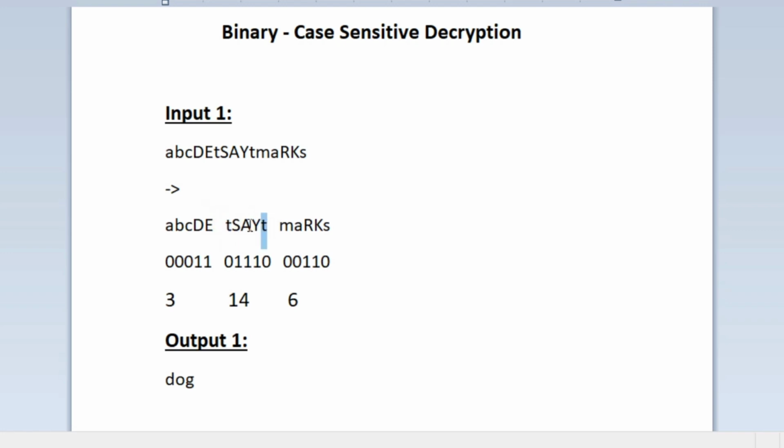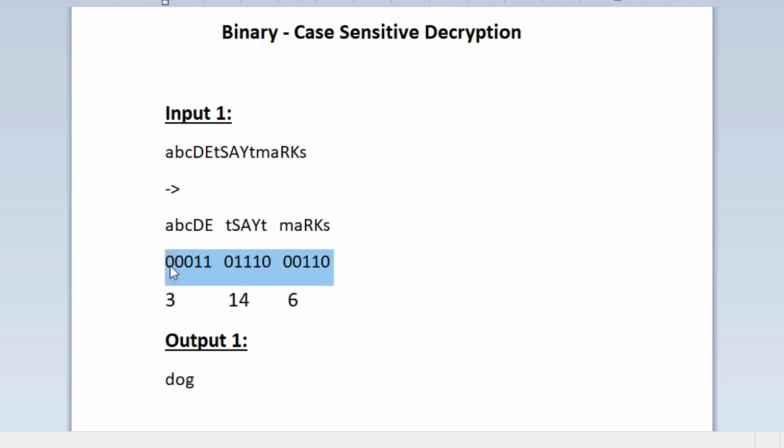So if the character is lowercase, then we have to replace it with 0. So in the second substring we can see that the first and last are lowercase. So in our binary the first and last are 0 and in between all are 1s. So this is how we will be calculating the binary substring from the alphabetical substring.